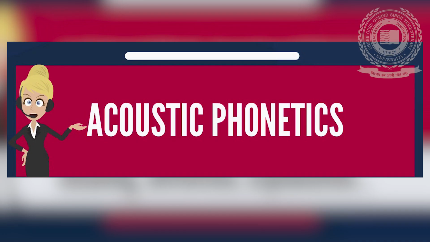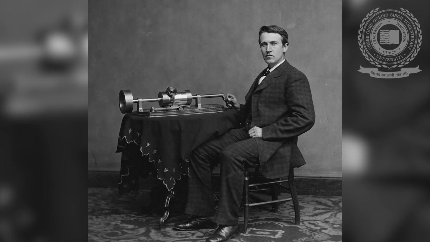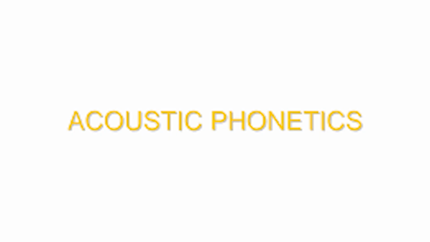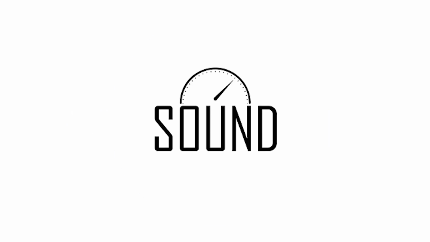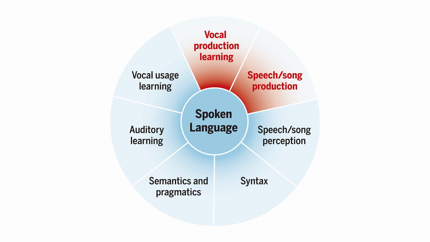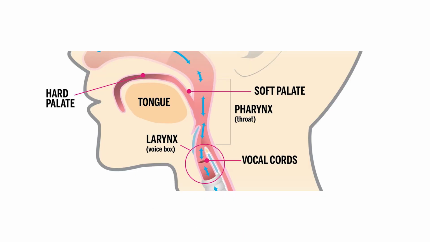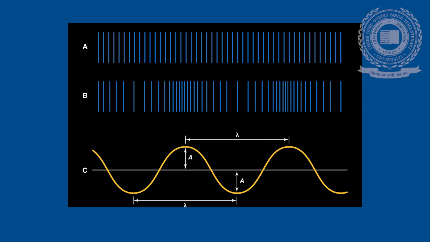The study of acoustic phonetics was greatly enhanced in the late 19th century by the invention of the Edison phonograph. The phonograph allowed the speech signal to be recorded and then later processed and analyzed. Acoustic phonetics is concerned specifically with the linguistic sounds that humans produce in spoken language. In human speech, the vocal cords are the sound source and the mouth filters the waves they produce to create specific complex waveforms that correspond with phonetic units of speech.